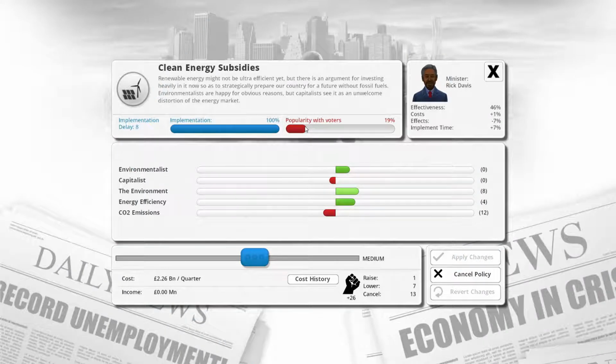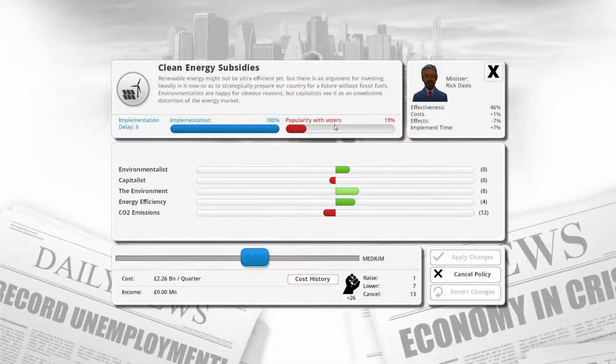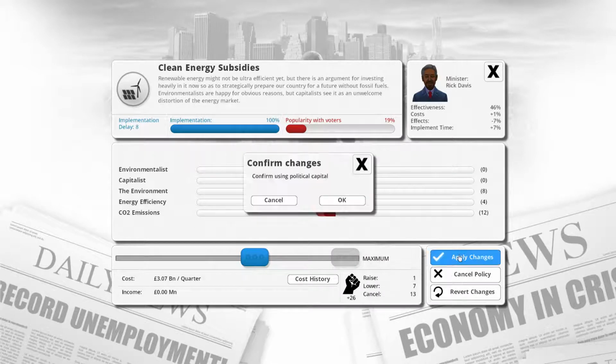subsidies, which is not popular with the voters, which is actually weird why it's unpopular, but we could raise this to the maximum. It will actually make environmentalists happier, it will make capitalists unhappier, it will increase the environment, will increase energy efficiency, and will decrease CO2 emissions. And since this actually only costs one political capital to raise to max level, so we are going to